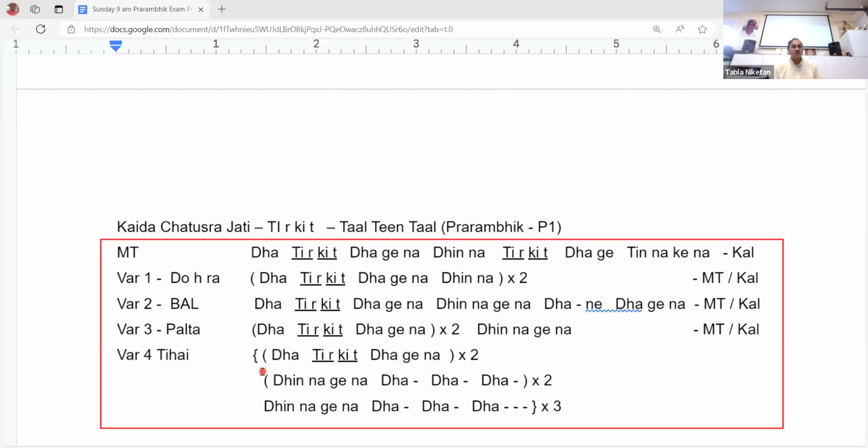Now let's play this top to bottom together, everybody. Let's start playing it. Did we play with the lehra or without the lehra? I think we played without lehra last time. Okay, let's try today with the lehra. What speed are we playing the first qaida? 50. We started with 45 and then went to 50. Okay, let's try this one also at 50 probably. Can you hear the lehra?